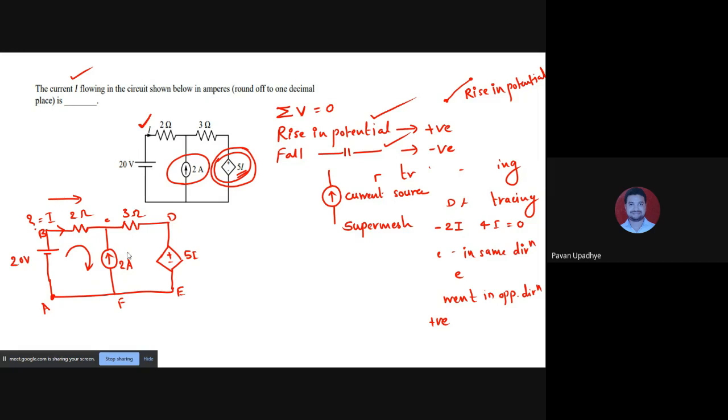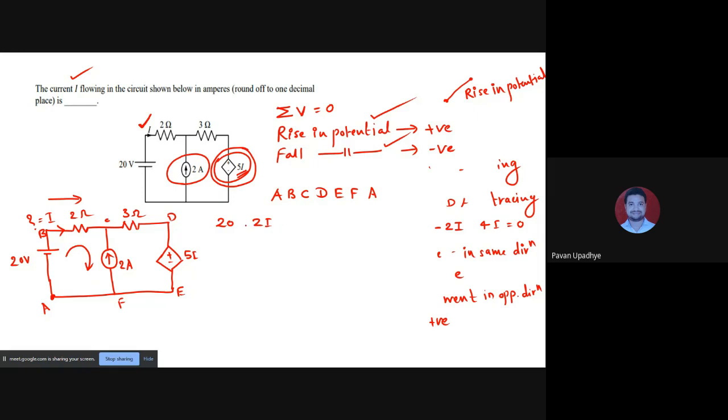That is why what we do is we consider the outer loop to write the equation. What is the outer loop in this case? It is A to B to C to D, then E, F and A. So we will move across the boundary of this circuit to write the Kirchhoff voltage law equation, or KVL equation. Okay, done. So while moving from A to B, I come across 20 volt. While moving from B to C, I come across 2 into I, and